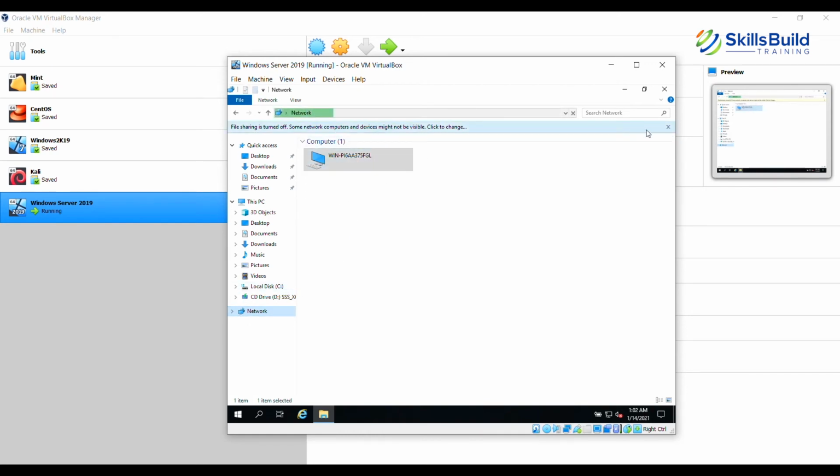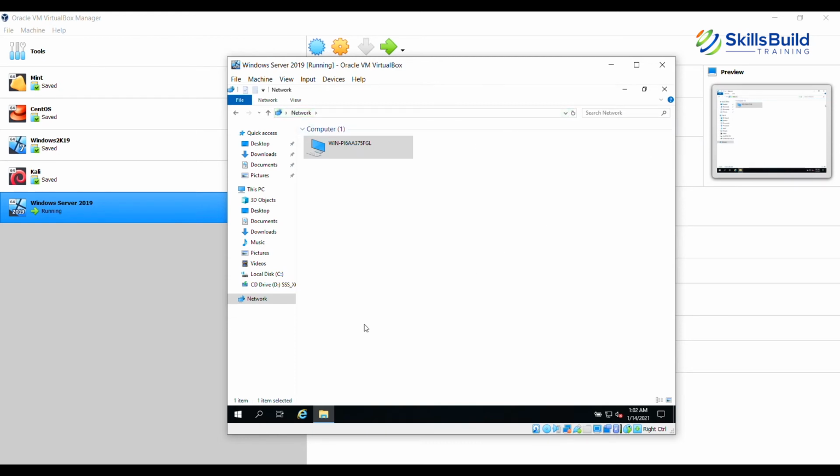Now file sharing is turned off, so if I just click on this notification and say turn on file sharing, you'll be able to share files with the other systems as and when they are added onto this workgroup, or this system is added on to a particular domain.